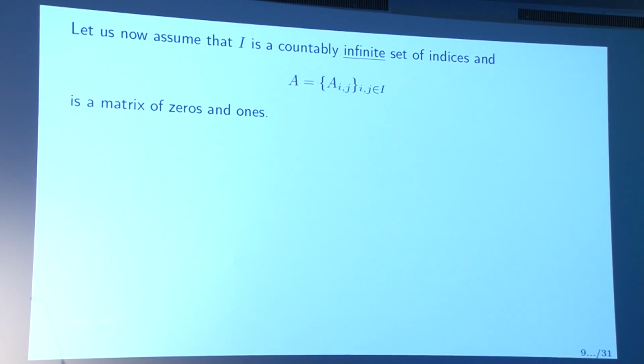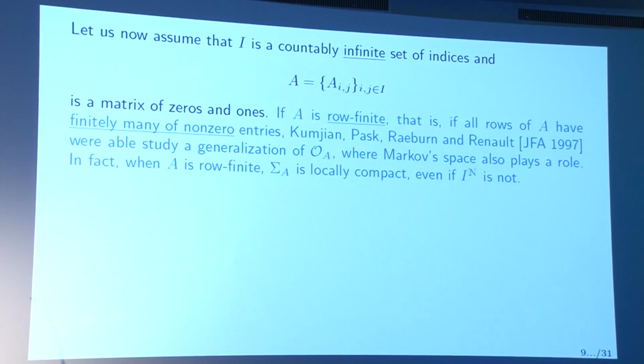So let's now take a leap forward and let's consider infinitely many indices. Let's go back to a matrix of zeros and ones called A. A matrix is said to be row finite if in every row there are finitely many non-zero entries. If a matrix is row finite, then Kumjian, Pask, Raeburn, and Renault in 1997 were able to study a generalization of OA in which the corresponding Markov space happens to be locally compact under the special hypothesis,